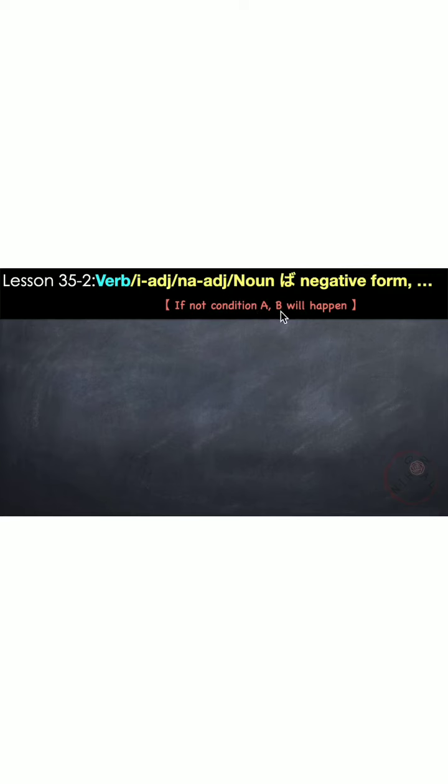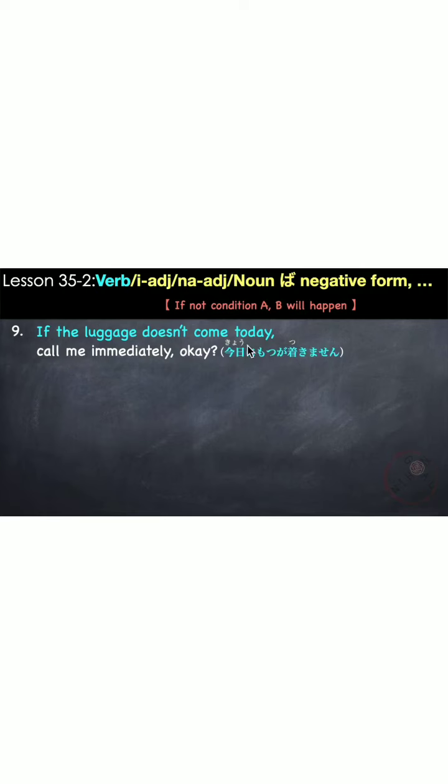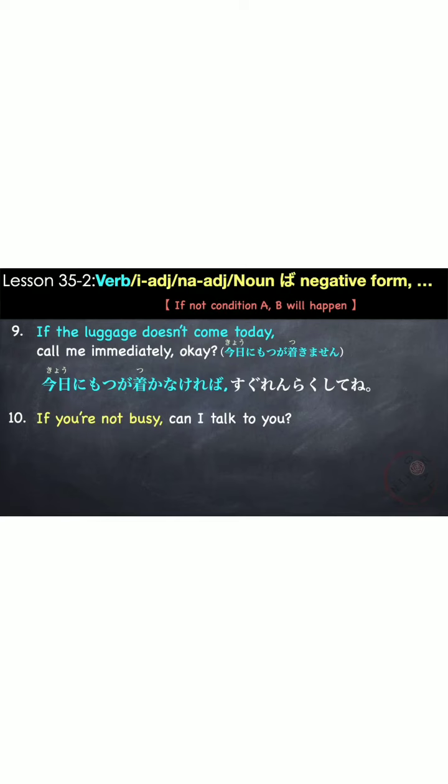Now, let's look at some examples when it's a negative conditional form. If not condition A, B will happen. First, let's try with a verb. If the luggage doesn't come today, call me immediately. The condition is 今日荷物が着きません, the luggage not arriving today. To make it into our conditional form, 着きません becomes 着かない. Remove い, add ければ. 着かなければ、すぐ連絡してね。今日荷物が着かなければ、すぐ連絡してね。